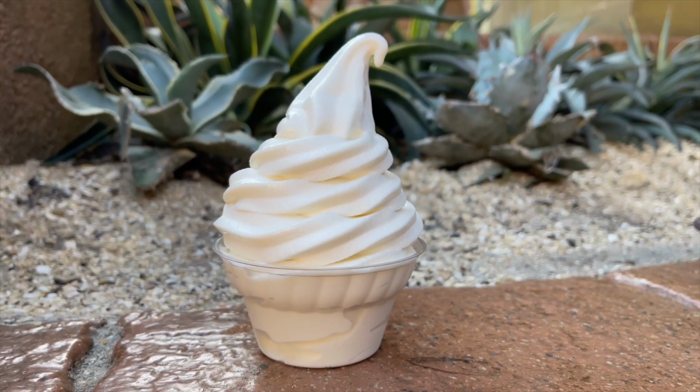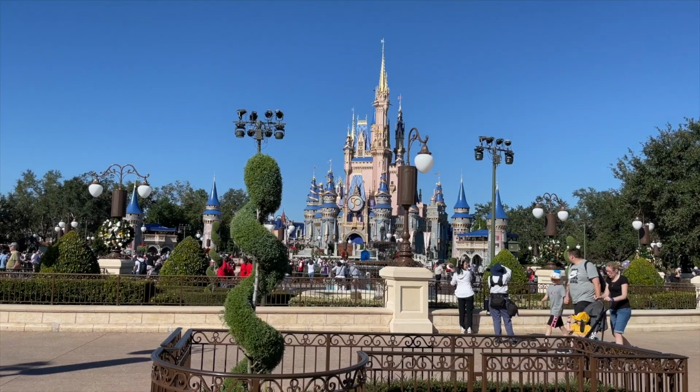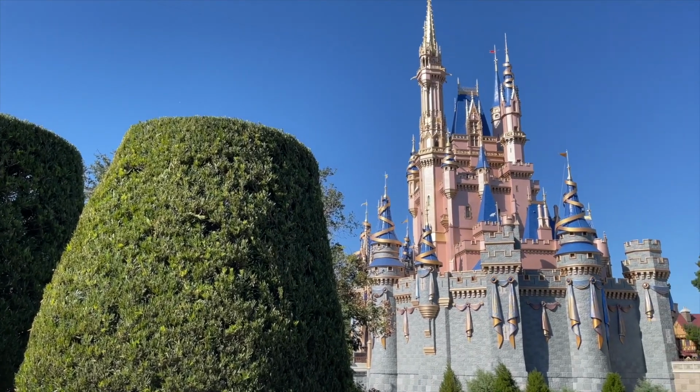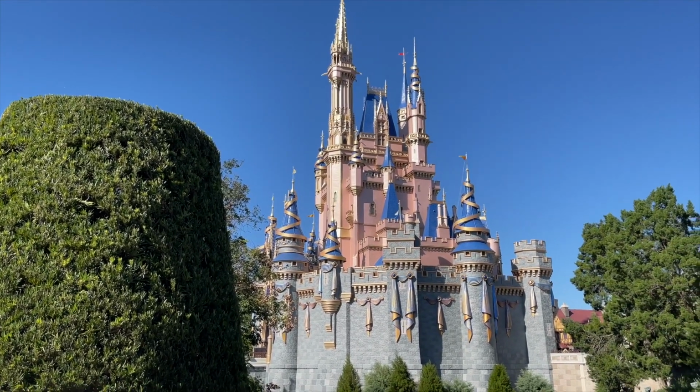Magic Kingdom has some of the most iconic snacks in all of Disney World. But how can you eat for cheap and save some money on your next vacation when you're here in Magic Kingdom? I am here today in Magic Kingdom finding out what are the cheapest snacks in this particular park and if